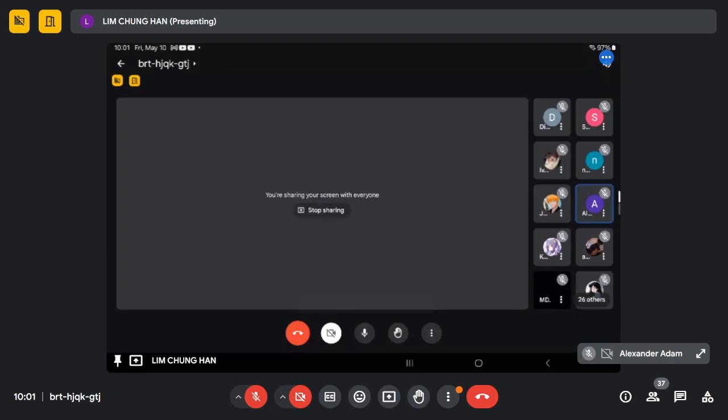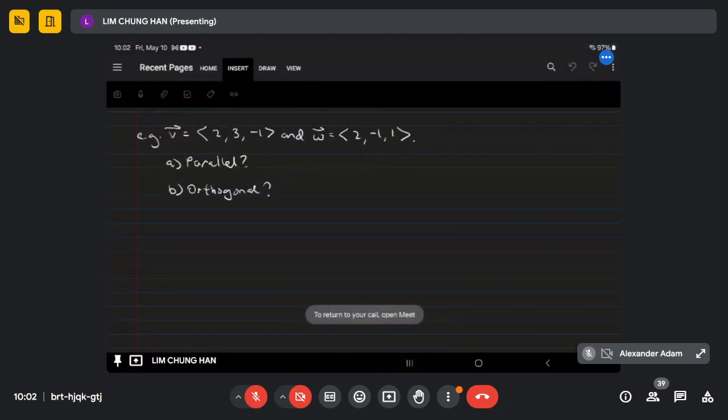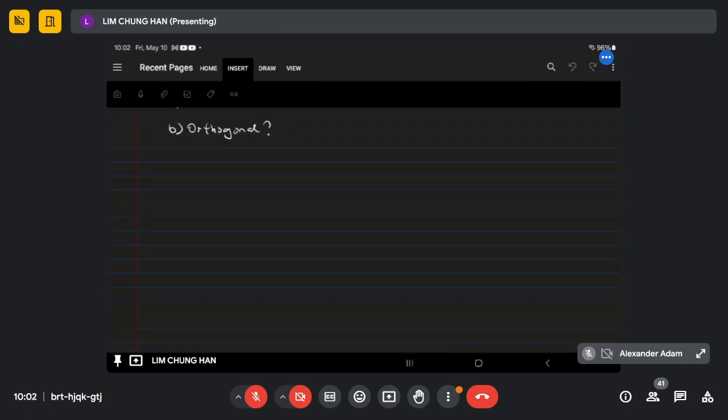So we will see if we can finish up with vectors today. Last week we went through the dot product. So this week we are going to talk about the other way of multiplying vectors, which is,